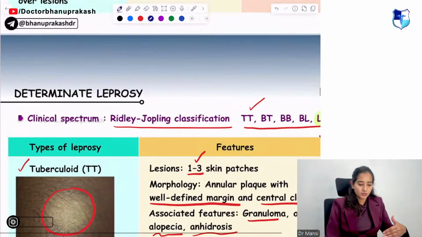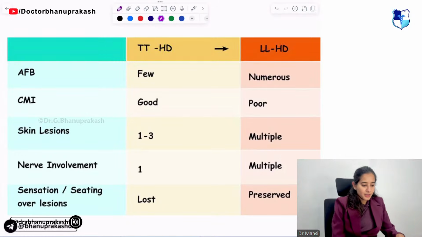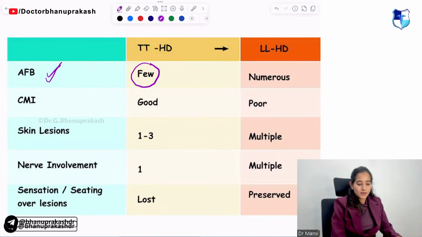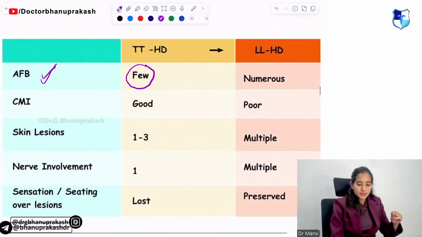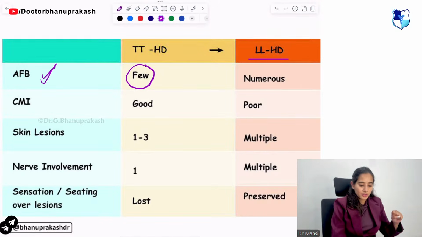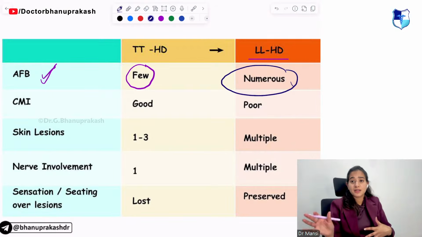Now let us move on to the tables, where we have the tuberculoid type, then the lepromatous leprosy type. Your fast bacilli are few in number in the tuberculoid type. Why are these few in number? Because your immunity is acting well. I hope you're all able to understand this. In lepromatous leprosy, Hansen's disease, the fast bacilli are more in number, numerous, because the immunity is poor, so the bacteria can